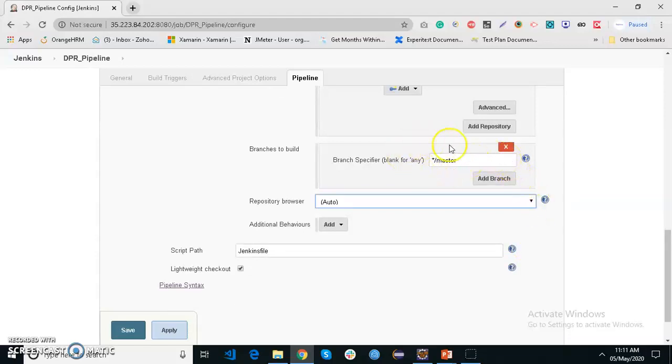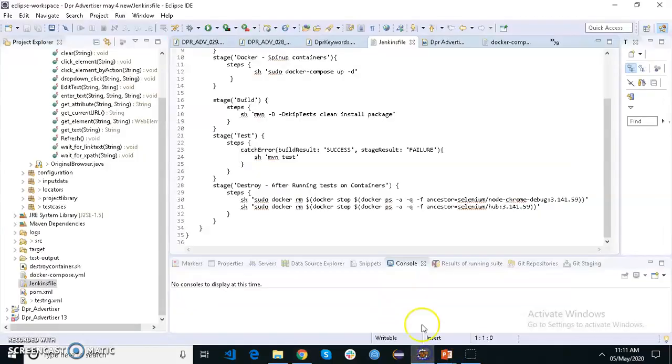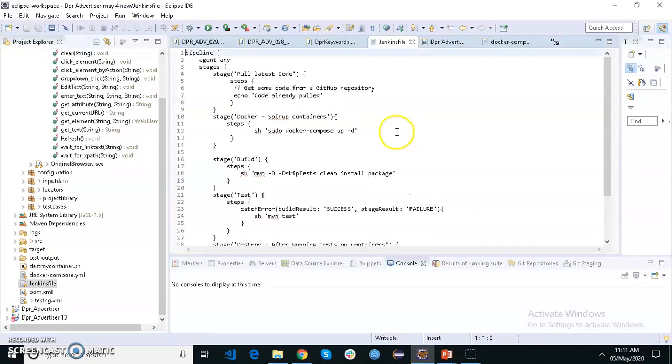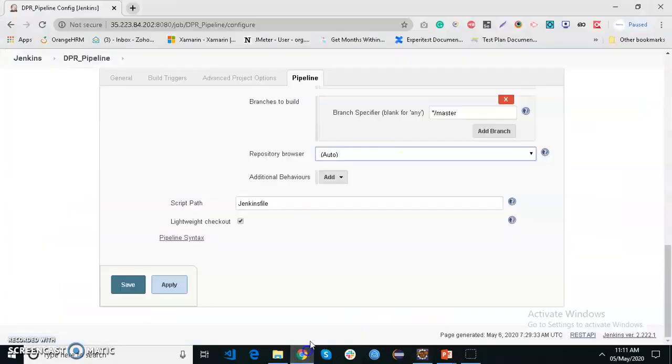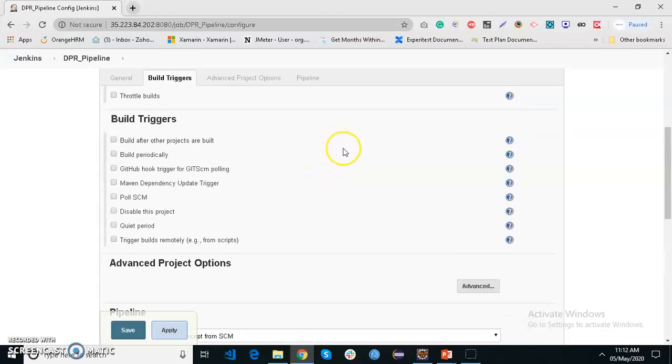And the script path is specified as Jenkinsfile. Here we notice the Jenkinsfile, and we do not have to do anything else to configure the Jenkinsfile.